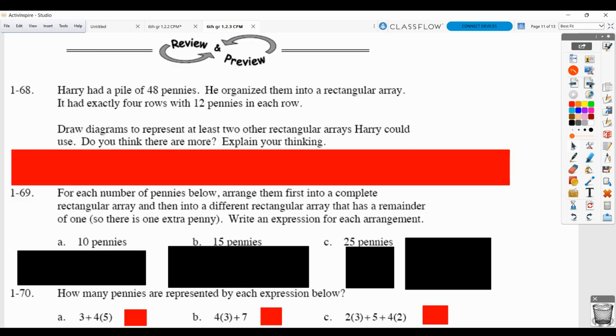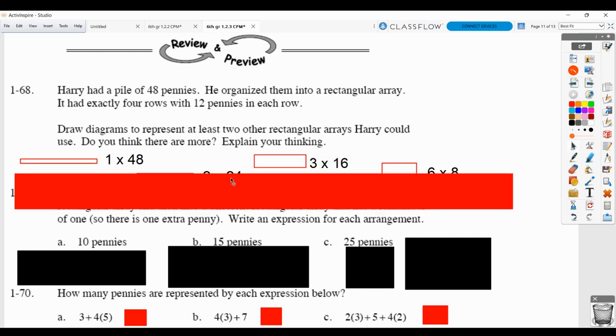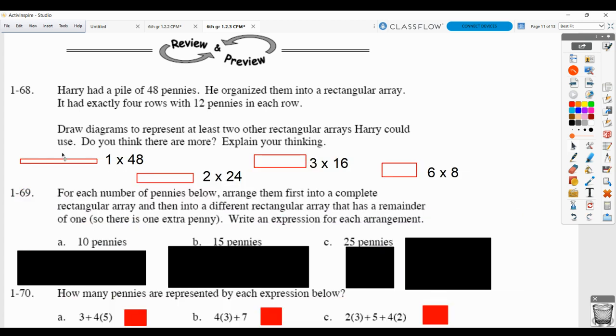So starting with correcting our homework 1.2.3, Harry had a pile of 48 pennies. He organized them into a rectangular array. It had exactly 4 rows with 12 pennies in each row. They want you to draw diagrams to represent at least 2 other rectangular arrays he could use, and do you think there's more? So some of the ones that I have are, we have a 1 by 48,